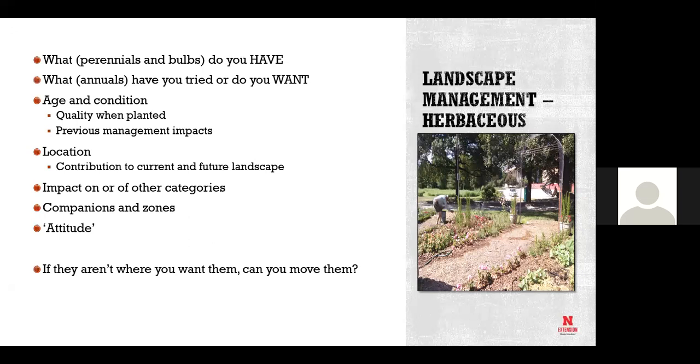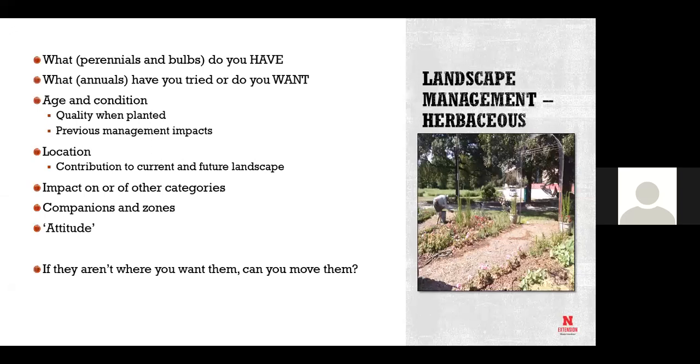Same thing, it's attitude. What do you think about with these kinds of things? The other thing about herbaceous plants is if you can't handle them where they are, they're not contributing, can they be moved? And do you want to move them? And some of them can and some of them cannot. And again, that's a season thing, but I would far rather move herbaceous plants into an environment where they're going to be happy than try to keep them happy where they're in an environment they can't withstand. And then when you move them, you can share them.